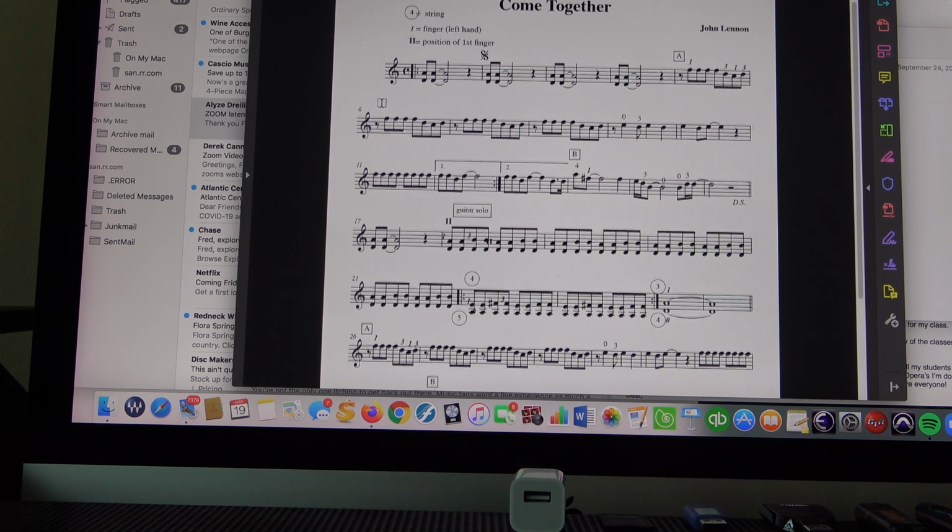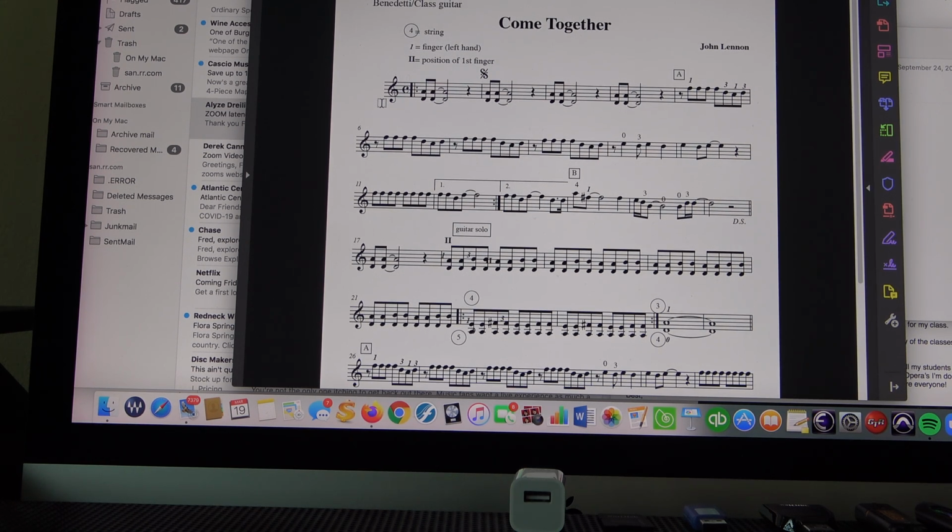So here's the second part of the song. We've learned from the beginning, first ending, repeat, jump to second ending, and then we never learned the second ending. So the purpose of this video is to show you what happens at the second ending and what you have